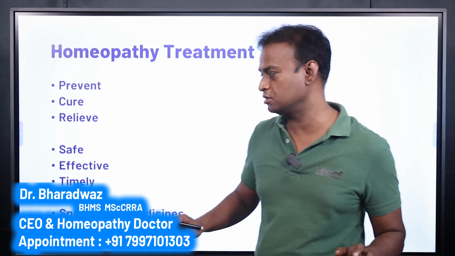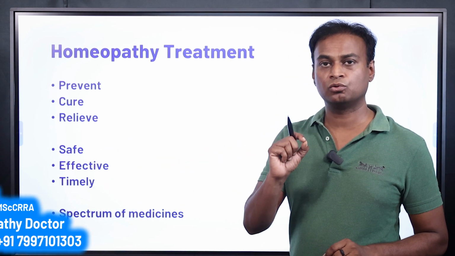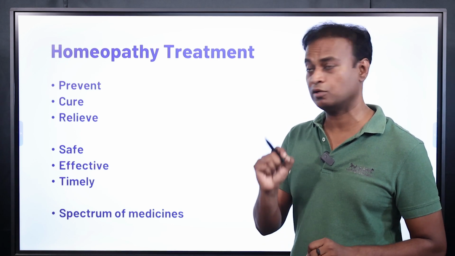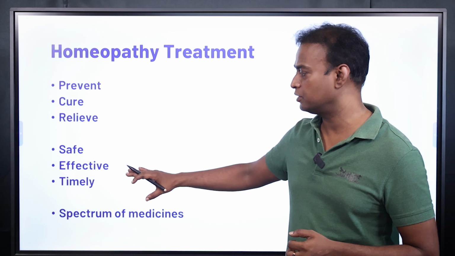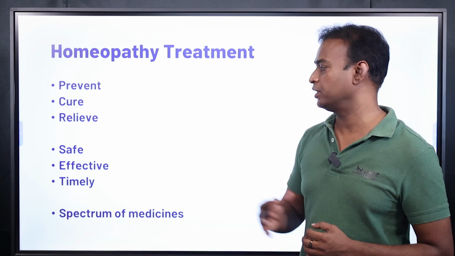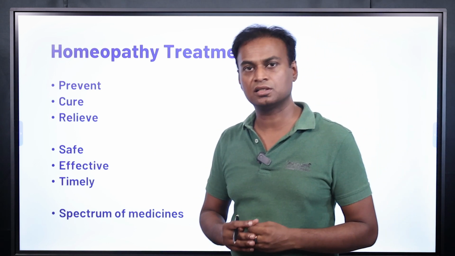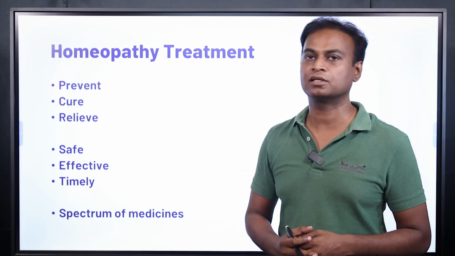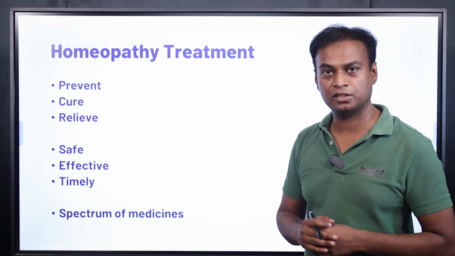The most important thing is homeopathic medicines are safe. They don't have a single side effect. That's the reason you have to use homeopathic medicine for autism. How efficient are they? Homeopathic medicines are very efficient in treating autism. There are a lot of kids who have benefited. In my experience, whatever autism kids I have treated, almost all the kids have shown some improvement. That is the efficacy of homeopathy in treating autism.